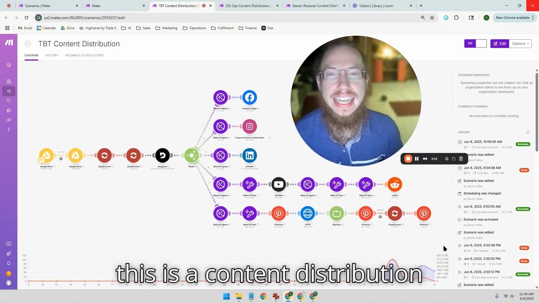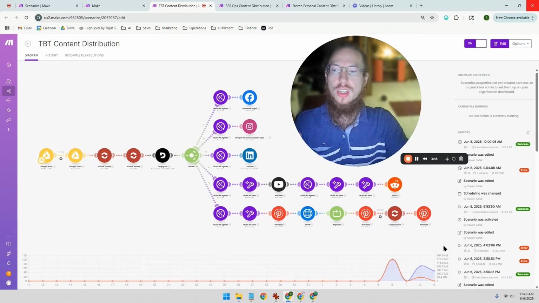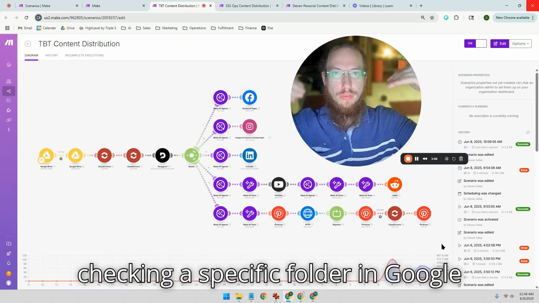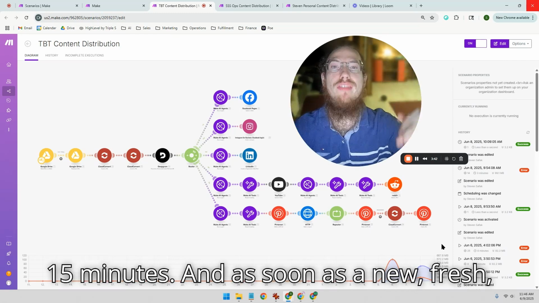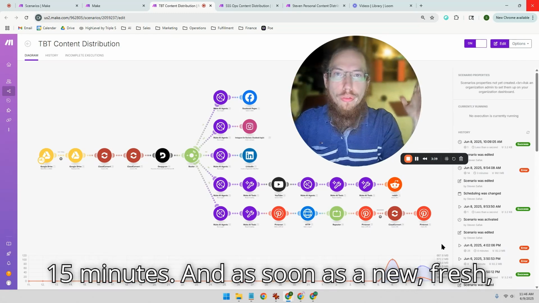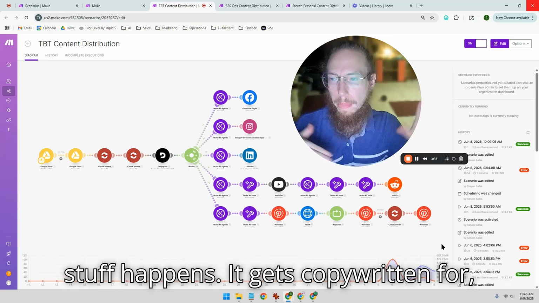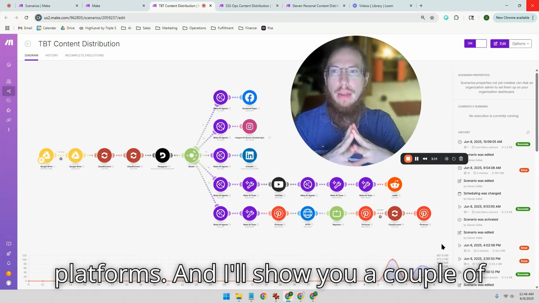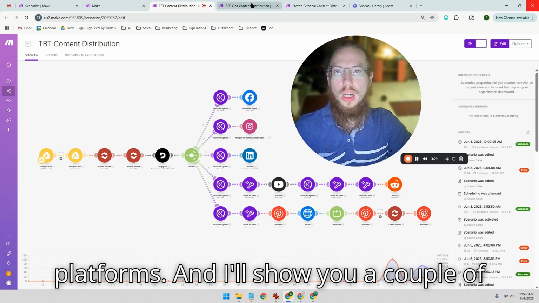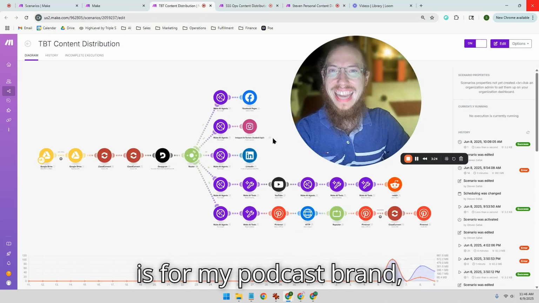Now, this is a content distribution flow. So this automation is checking a specific folder in Google Drive for new videos every 15 minutes. And as soon as a new, fresh, edited video hits that folder, all this stuff happens. It gets copywritten for, and it gets posted on a slew of platforms. And I'll show you a couple different ways to do this as well. This is for my podcast brand,